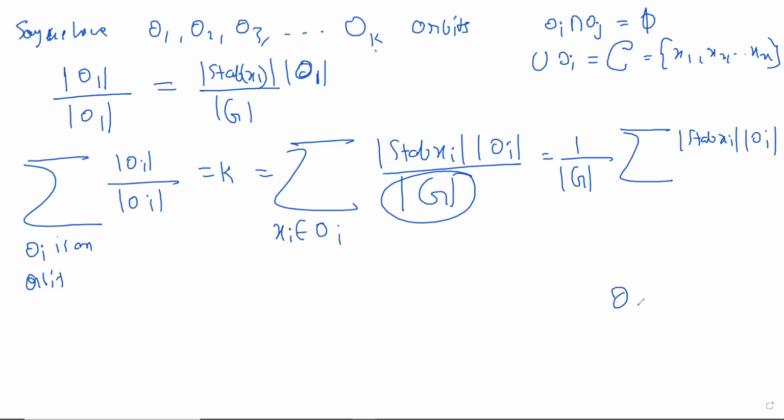Yes, because when we saw that the size of any orbit was the size of g, right? When nothing in the orbit was getting fixed. Suppose you start with x1, and x1 is not getting fixed by anything other than the identity, then the size was this. It did not depend on anything. The answer was g all the time. When x1 was getting fixed by a few things, and the set of those things is the stabilizer of x1, then the answer was this. So the g will be the same in every case.